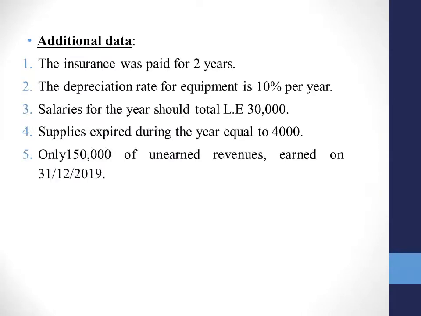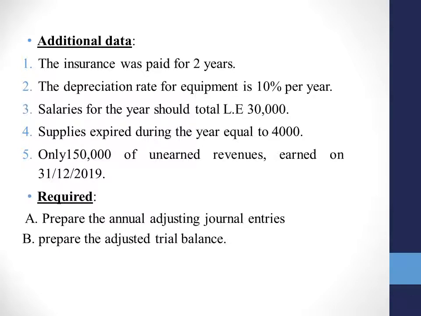So here is the additional data needed, or the extra information that we need to know which accounts need adjustment. We have 5 additional data. Each one of them will need an adjusting entry. You are required to prepare the annual adjusting journal entries, then prepare the adjusted trial balance, and finally prepare the